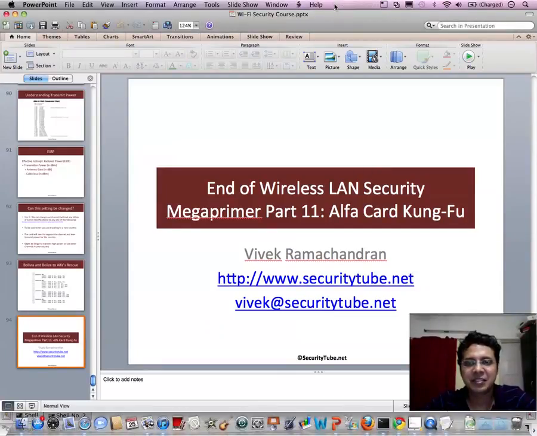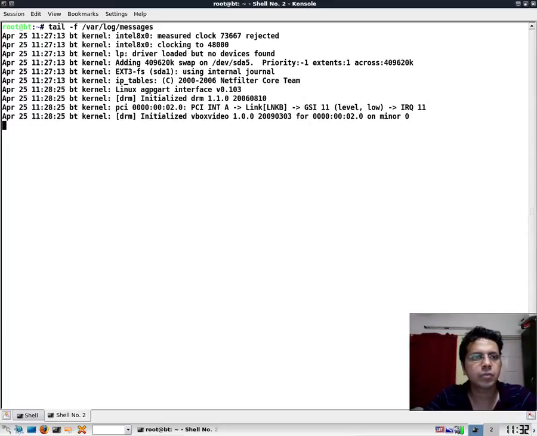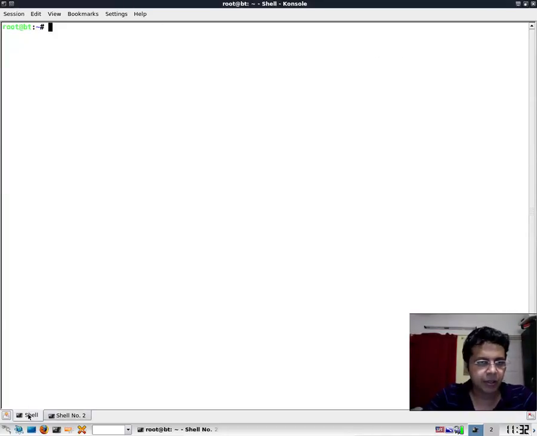So let me go back to my BackTrack instance, and currently if you notice I have not connected my alpha card. Let me open up two terminals, and in this terminal I am going to monitor the kernel messages. Right, let's go back here, and now what we're going to do is plug in our alpha card,